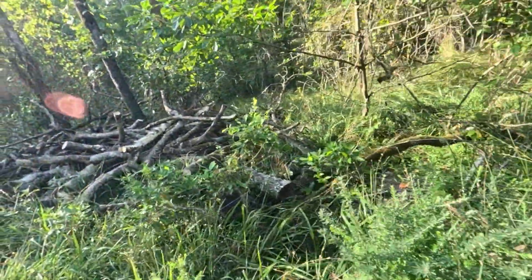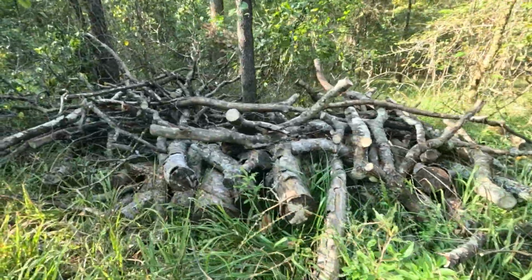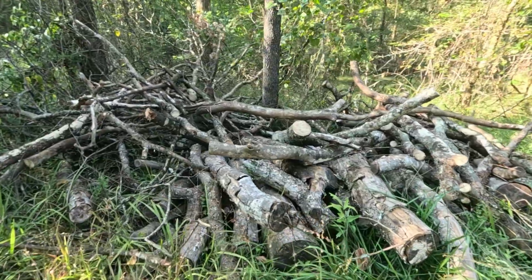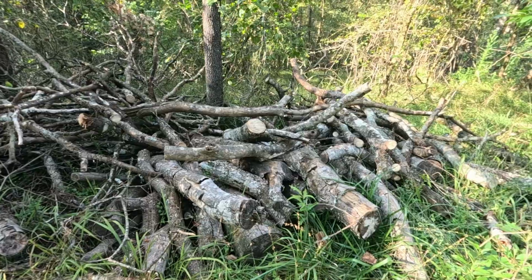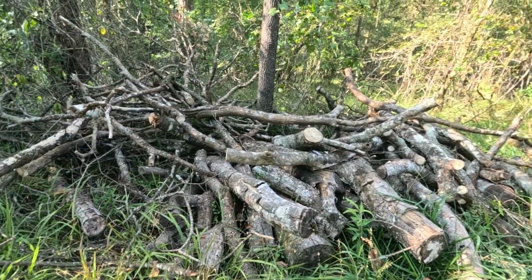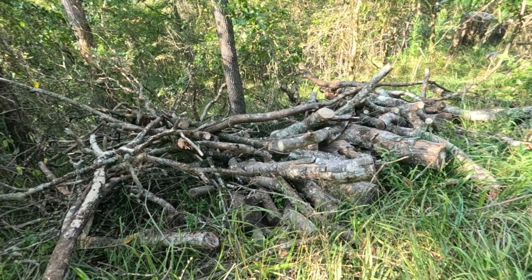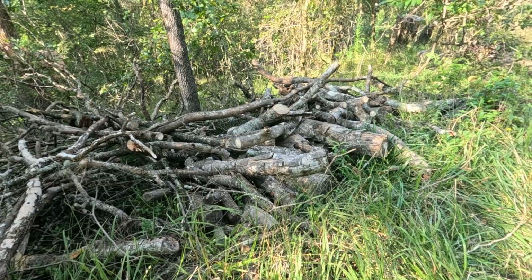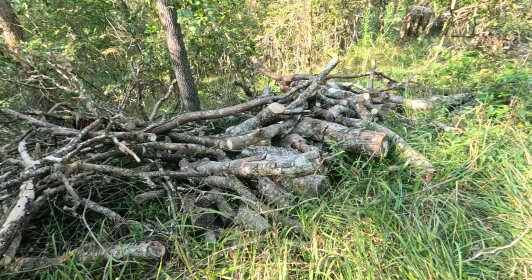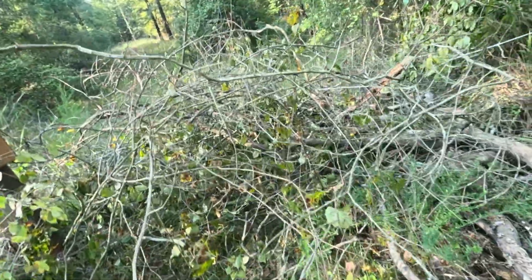But I do have another pile of brush here. This would be good to burn either inside or around the campfire. And I've got it kind of here where you can just come and grab a piece or two and go throw it on the fire. This is just a mess, but